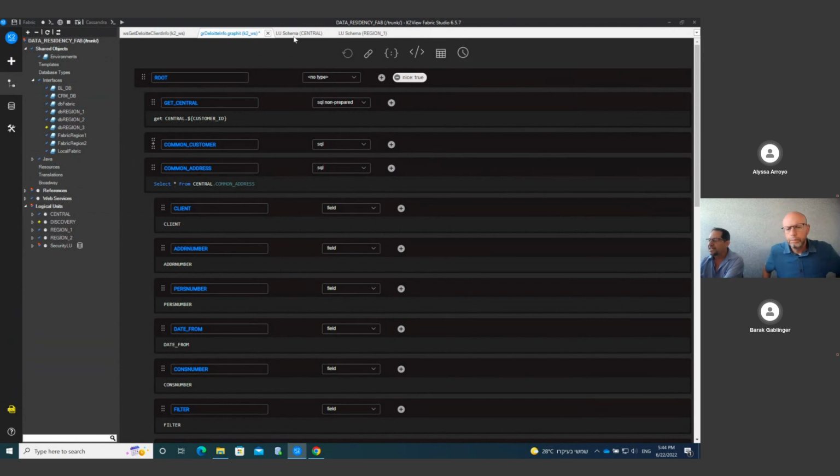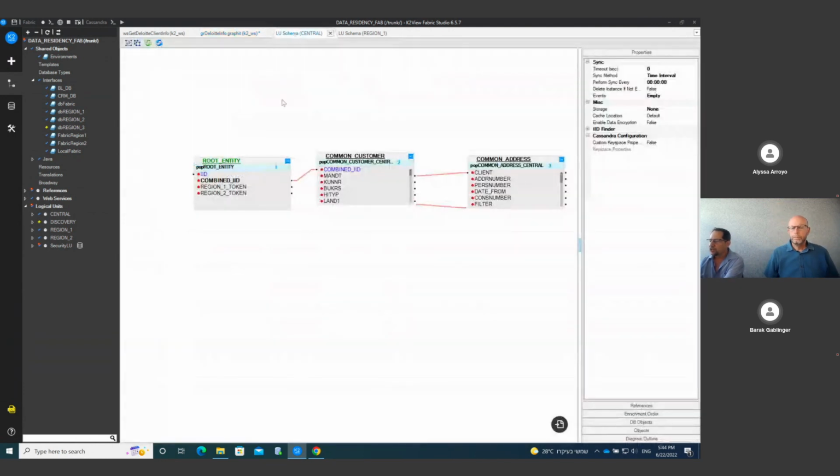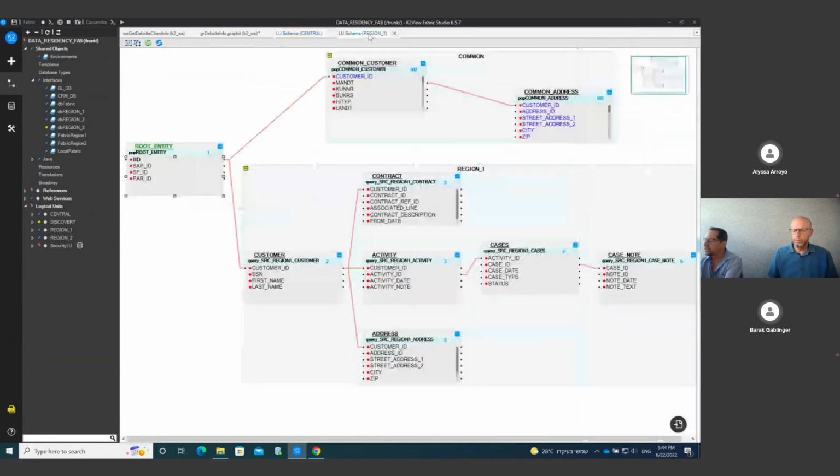Now, the data products themselves: this is the central data product, which holds only the aggregated information, and the region, and I took region 1, has the information of the common and the specifics of the data region. Thank you very much, Barak.